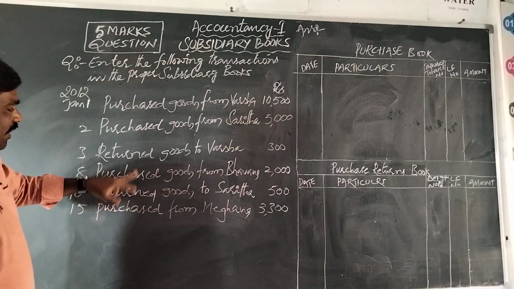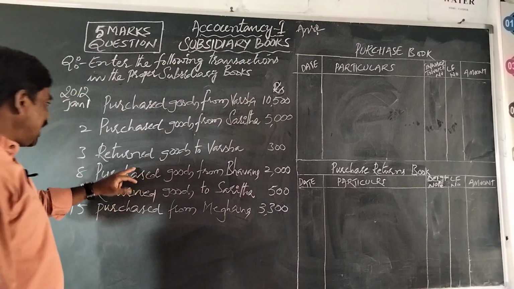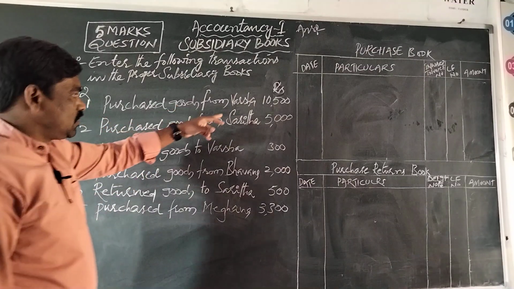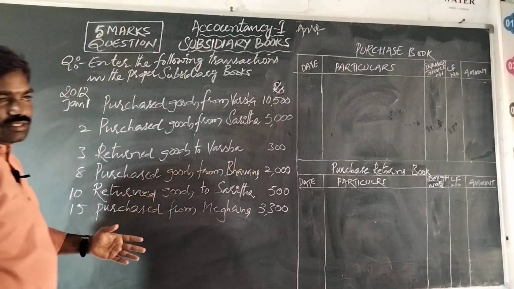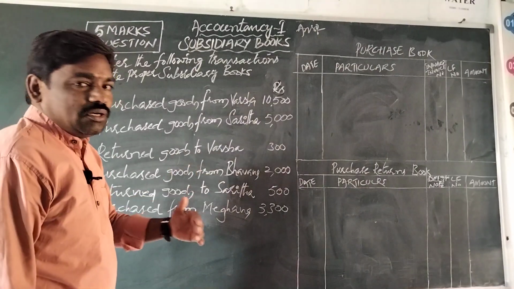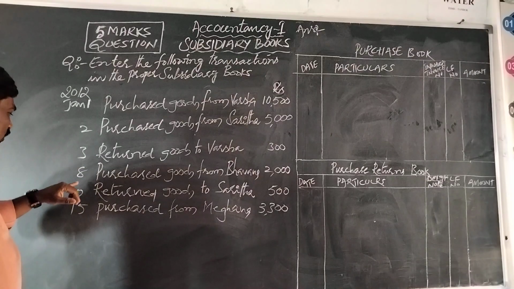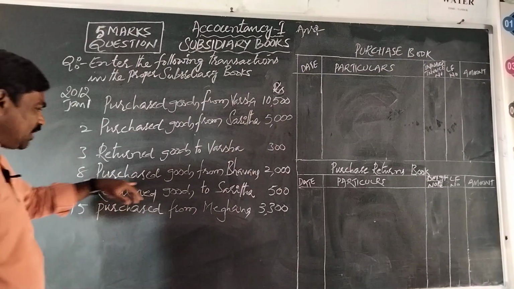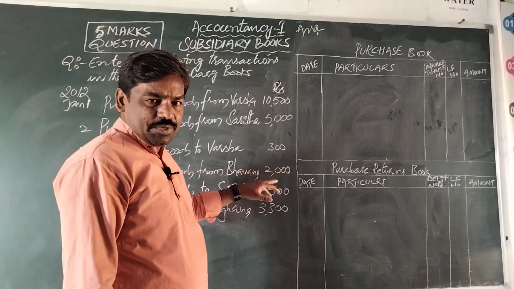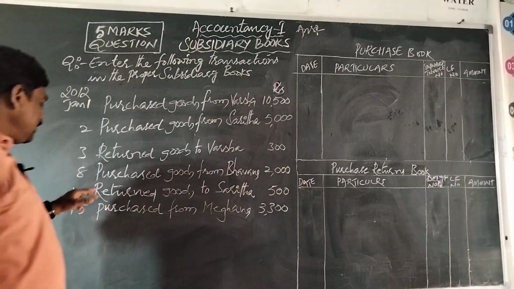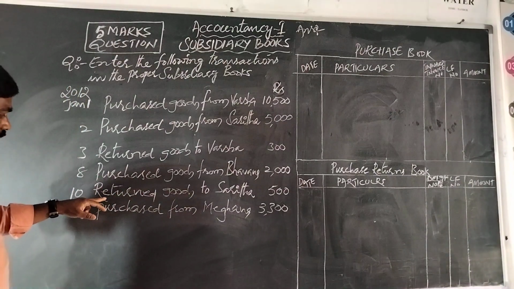Here we can understand that on January 1st we purchased goods from Varsha, and we returned some defective goods to Varsha on January 3rd. Then January 8th, purchased goods from Bhavana, rupees 2,000, and 10th January, returned goods